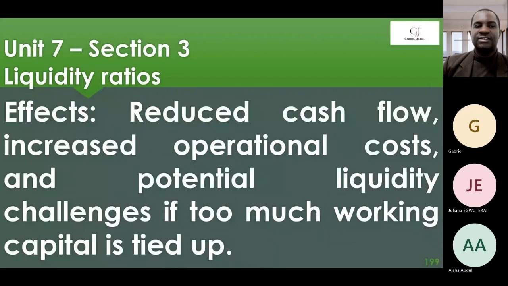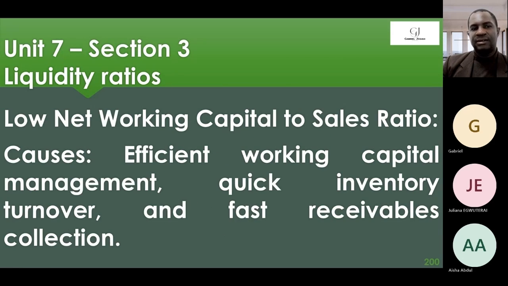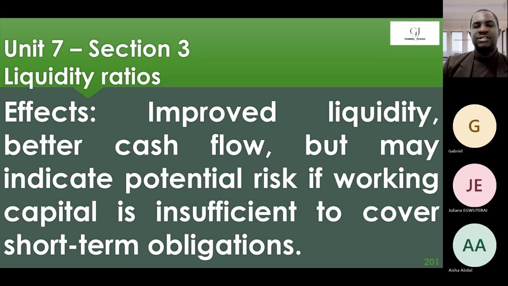That's what causes a high net working capital to sales ratio. The effects include reduced cash flow, increased operational costs, and potential liquidity challenges, exactly, if too much capital is tied up in working capital. While a low one is generally advised, the causes include effective working capital management, quick inventory turnover, fast receivables, and fast payables. The effects include improved liquidity and better cash flow, but it may indicate potential risk if it becomes too low. So like we said, balance. And most chartered accountants, this is where we're coming. We need to balance this ratio